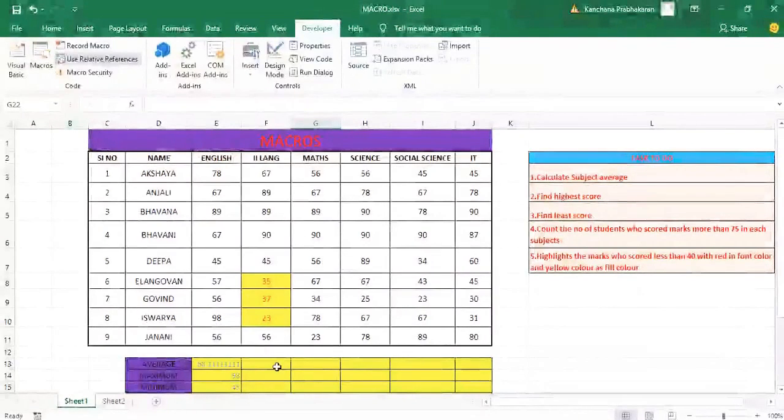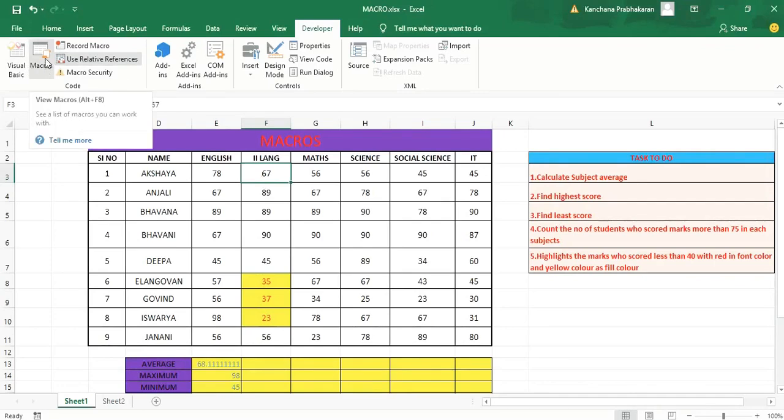Now I am going to apply the same formula for the remaining subjects, from second language to IT. I am going to use the same formula and options for all the remaining subjects. How can I achieve this? First you have to keep your cell pointer on the first cell in your second language marks list. Then go to the Macros icon in your Code group. Click this.